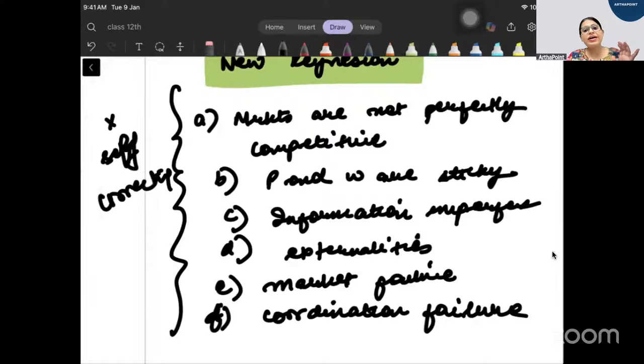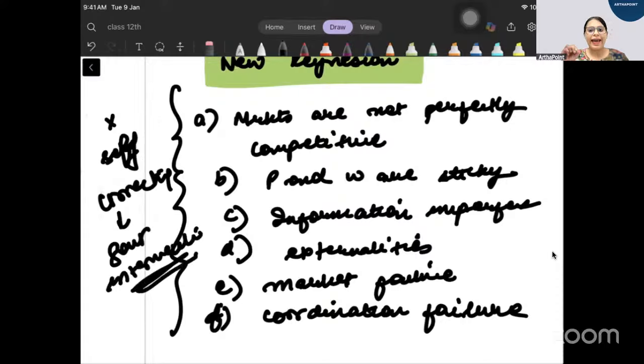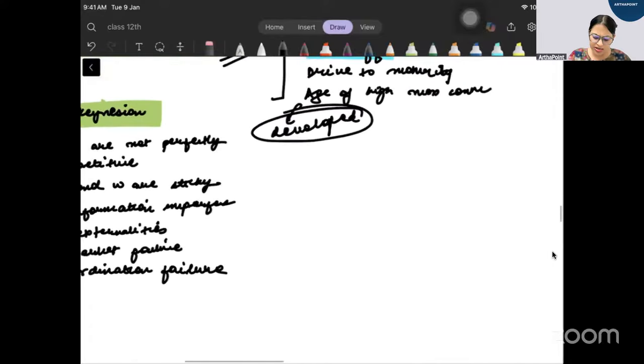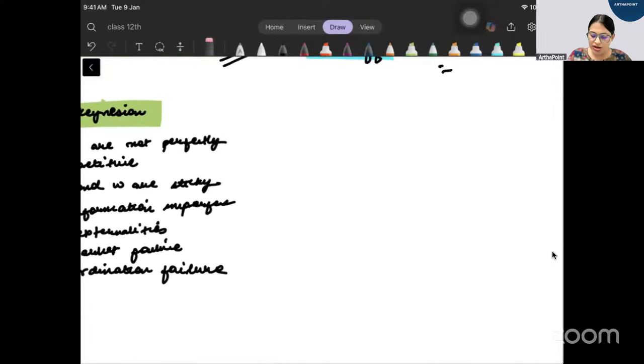And since market cannot correct itself, therefore government intervention is required. इसलिए government intervention की जरूरत है. Government intervention is required. Is it making sense? Monetary and fiscal policy are required. अच्छा, इसको अगर हम contradict करें, contrast करें with neoclassical,